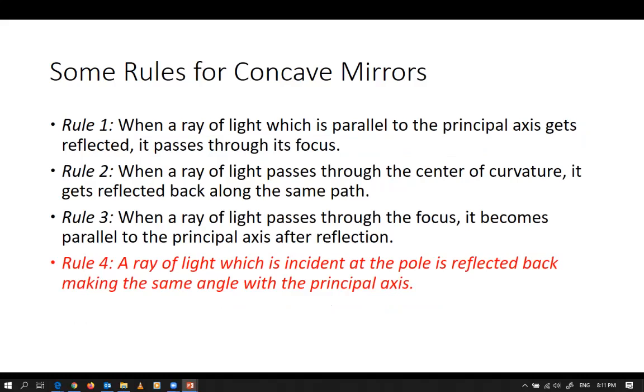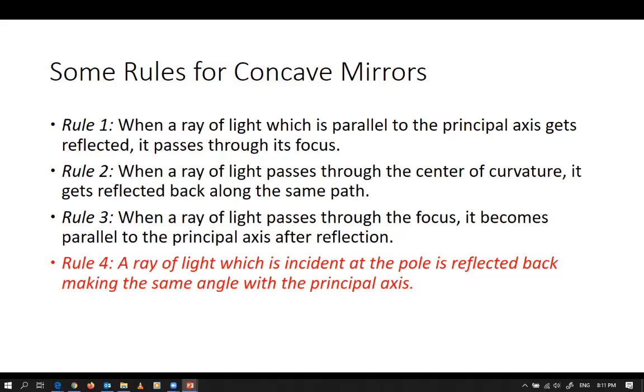Rule number 2, when a ray of light passes through the center of curvature, it's reflected back along the same path. Rule number 3, when a ray of light passes through the focus, it comes back parallel to the principal axis after reflection. And again, rule 4, and this is if necessary, if you're having trouble or you're unsure about the